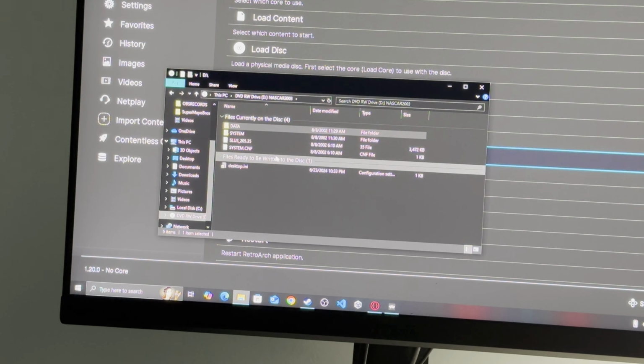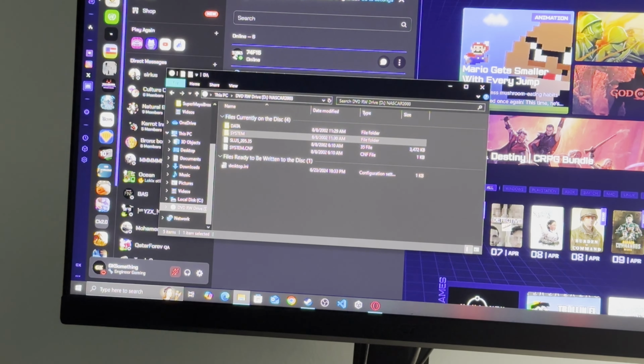Let's see. Load a core first. Oh, my fault. PlayStation 2. Load disc. And if this works,